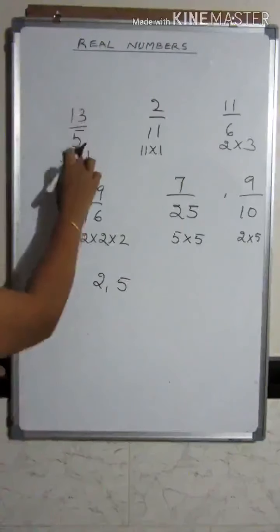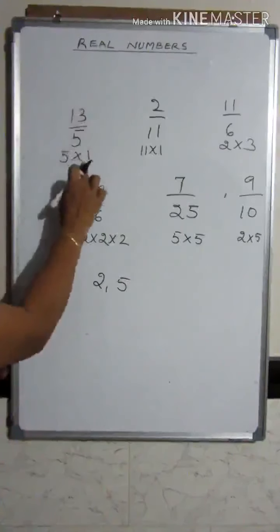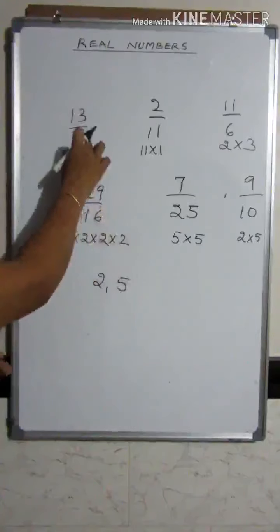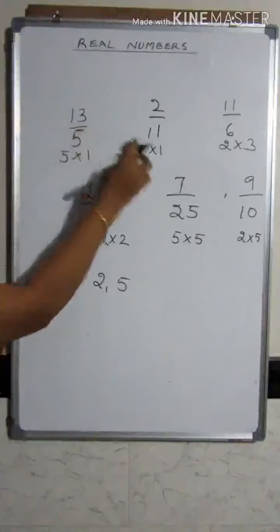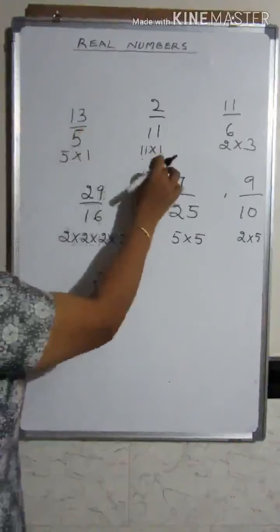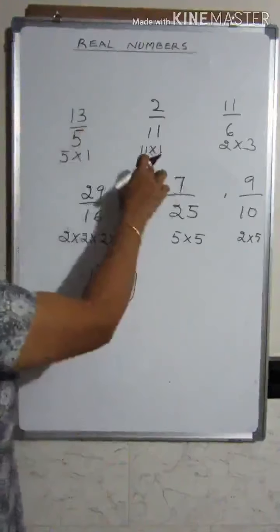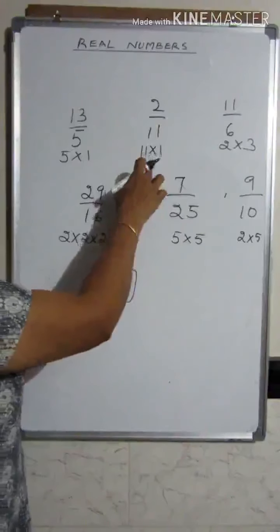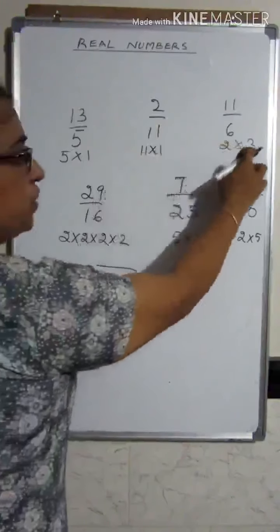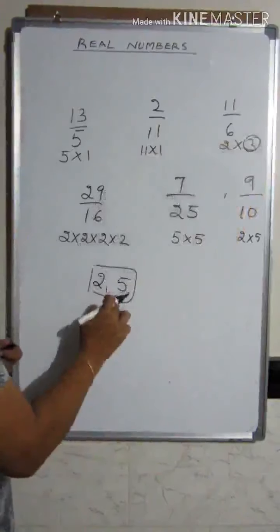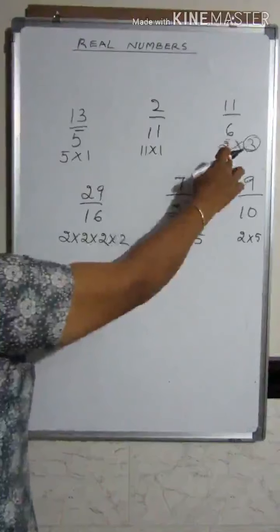Now here you have got the prime factors as 5 into 1, so it comes under this group. So this is a terminating rational number. Here it is 11 and 1, so both these numbers will not come under this group. So this is a non-terminating recurring decimal. Again coming here, 2 into 3, again 3 does not belong to this group, so it is a non-terminating recurring